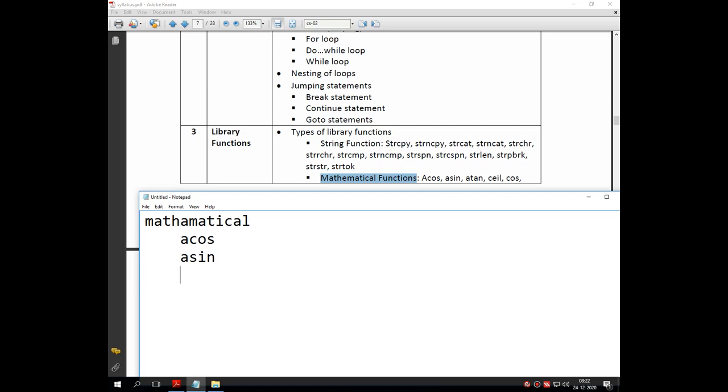The first function is acos, then asin, atan, then ceil. This is very important for the university examination.